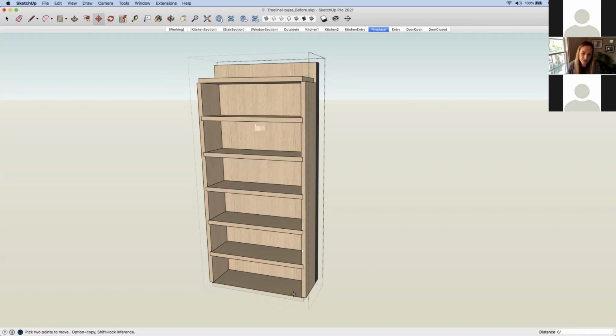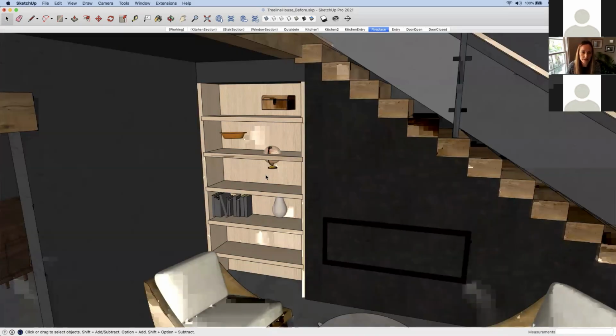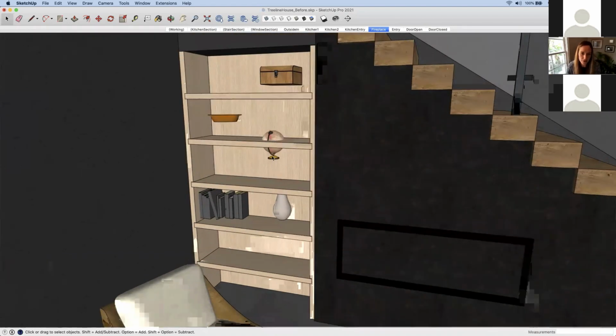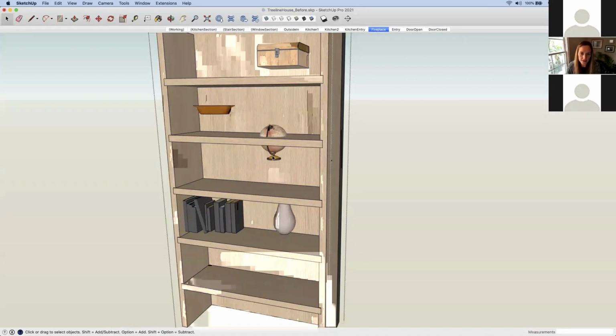So I'm happy with that, and I don't want to leave these shelves in the floor and in the header, so I'm just going to get rid of those and click out into some white space here and close out of that group. So I like the spacing of these shelves, and I didn't have to do any of the math for that, but now my accessories are kind of floating around, so I can either just adjust them manually,